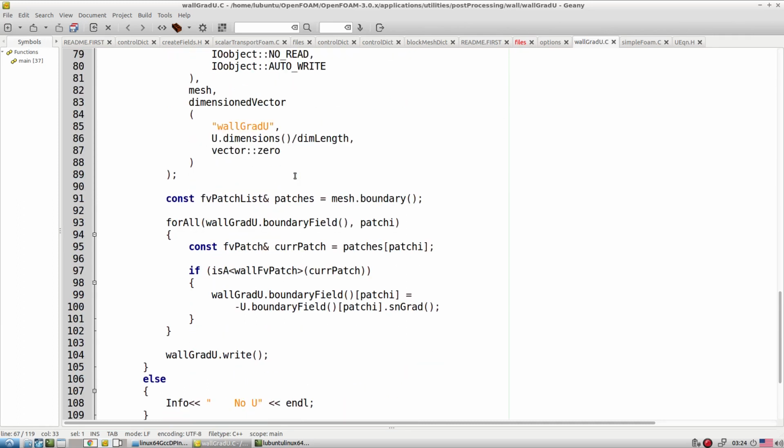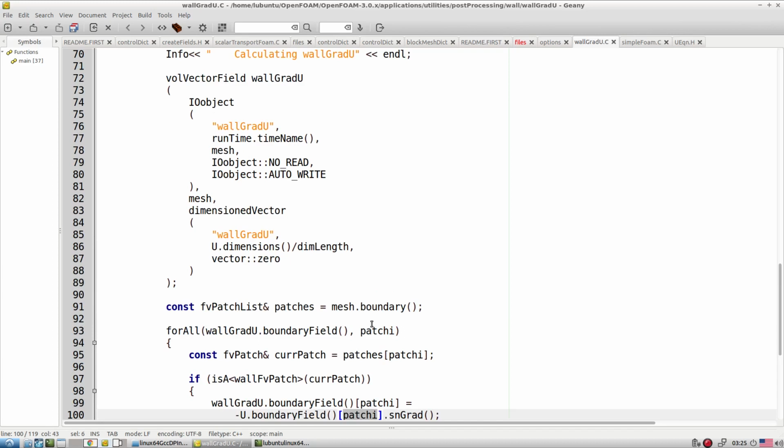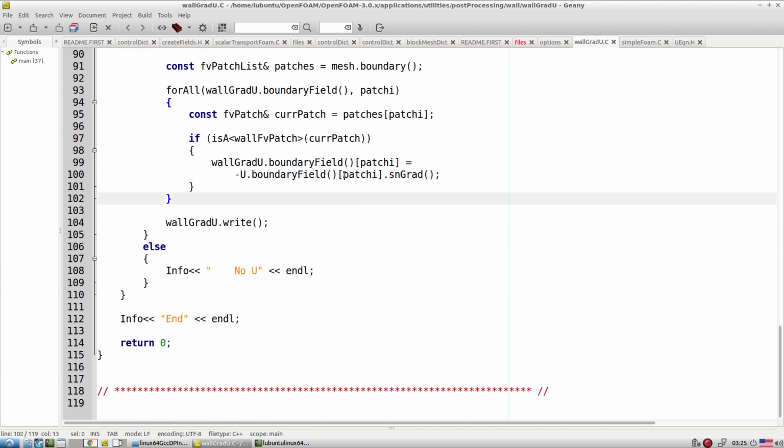Okay, and that is a very simple way you can calculate for a boundary. Okay, the U boundary field, because it is related to the boundary. Okay, and whatever patch we want to calculate, it normally checks the wall, whatever places we specify the wall boundary condition, it checks whether it is a wall or not. Okay, and based on that, if it is a wall, then